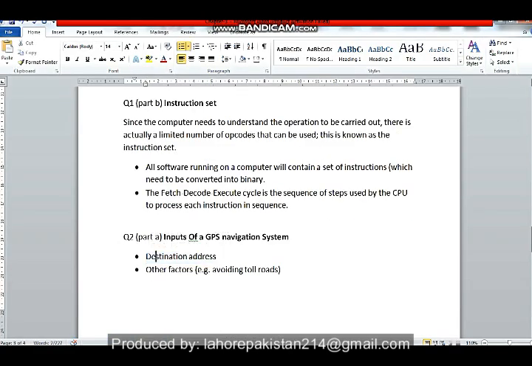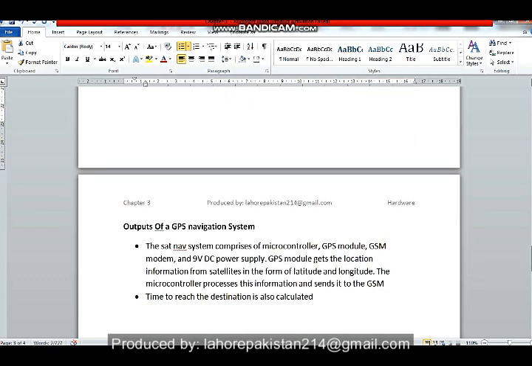Basically you enter or tell the system your destination address, and you can tell it other factors also, to avoid something. But basically you need to enter the destination address. What about the outputs of the GPS navigation system? It uses a small microprocessor chip, and a small GPS module is fixed inside it. There is a modem and a 9 volt DC power supply. All these parts combine